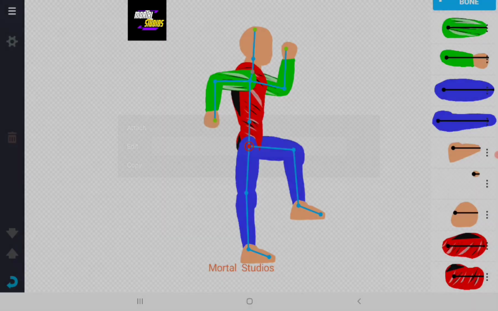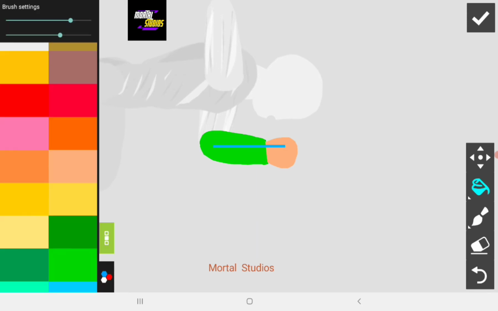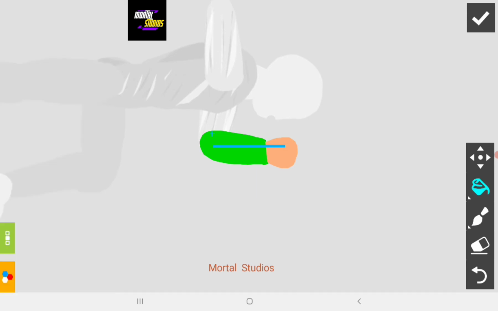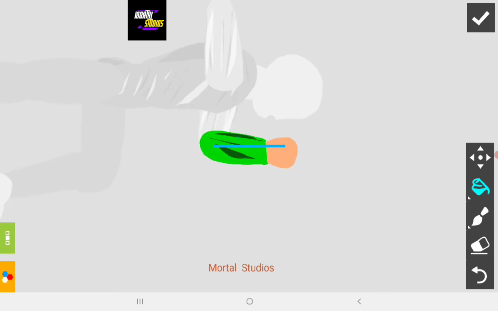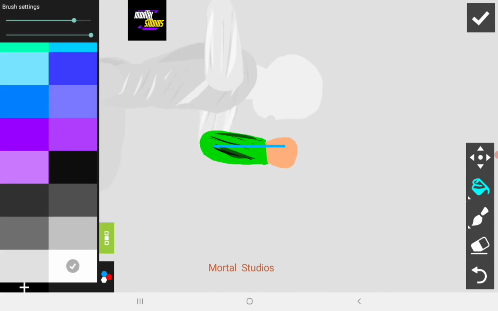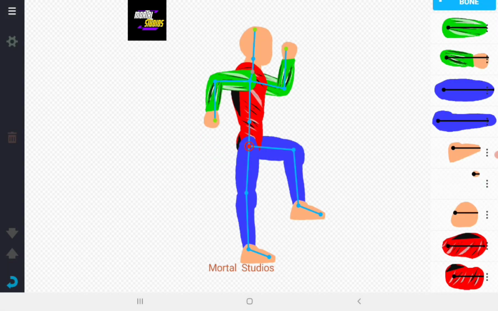If you want you can separate it, but since the shablon is applicable for both of the arms, we just need to do one arm. Here select the black color and shade it. We can make the black color in different opacity, a blackish one here, and then we'll take white, use white here too. Okay, now it's looking a little realistic.